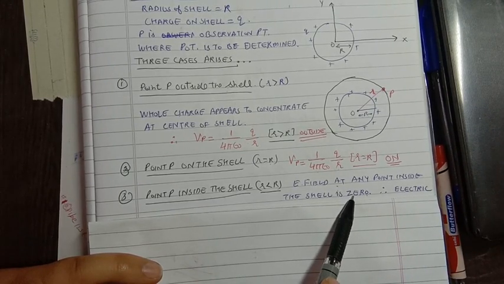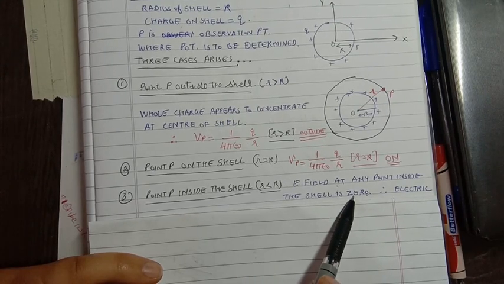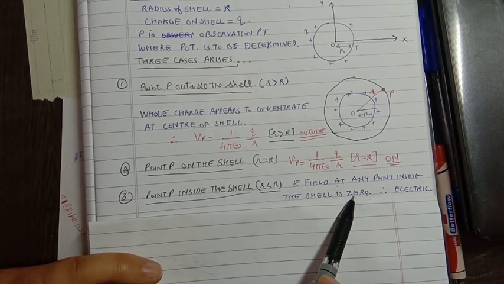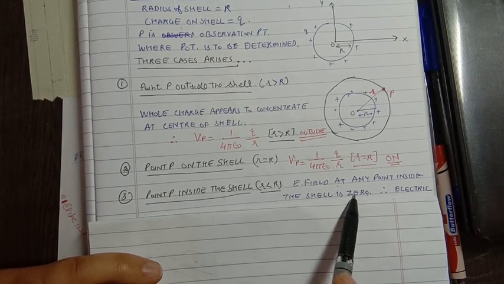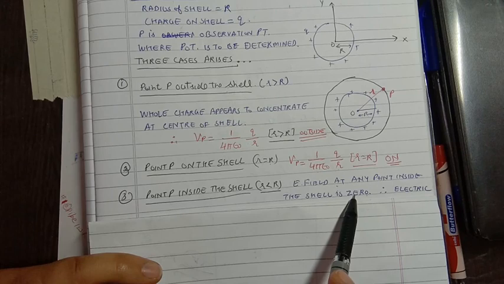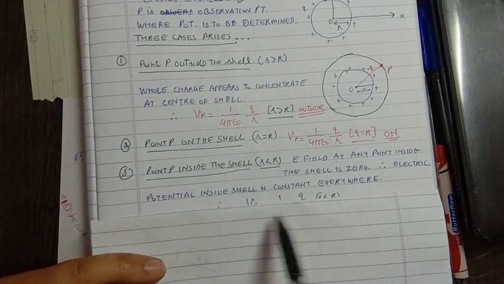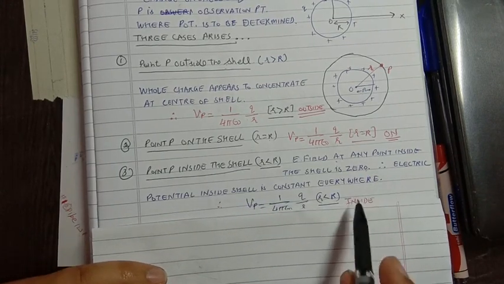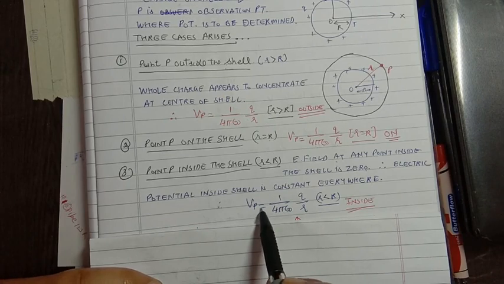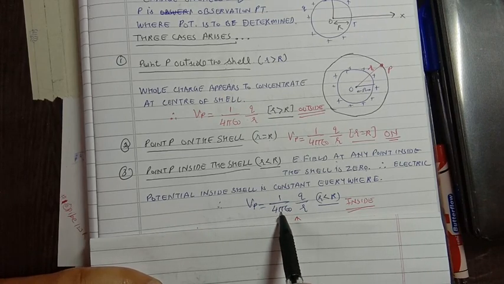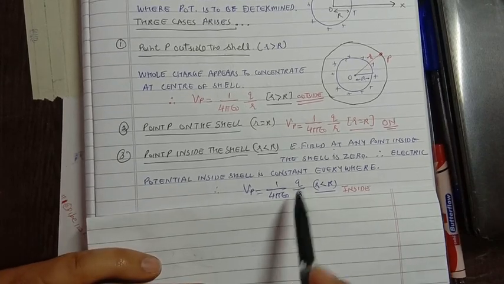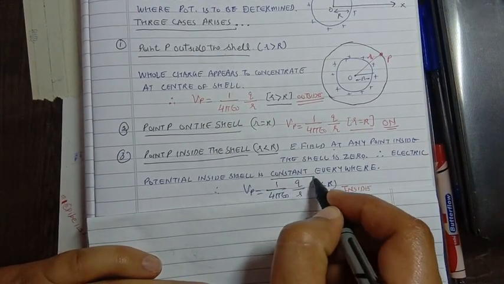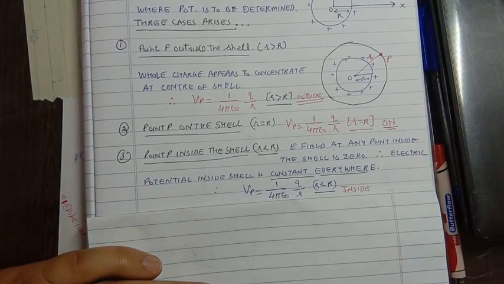You have to remember that in the regions where the electric field exists, due to the variation of the electric field from one point to another, there exists a potential difference. That is, potential changes from point to point. But in the regions where the electric field is zero, potential is constant. That means there is no variation in the electric potential. So potential inside the shell is constant everywhere, and the potential at any point inside the shell will be given by the same expression, 1 over 4 pi epsilon naught Q by R. Why this is constant when the field is zero, that we will see in some other article.